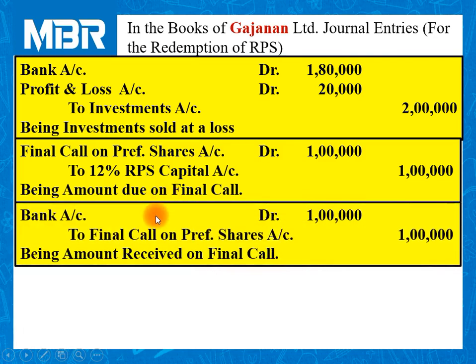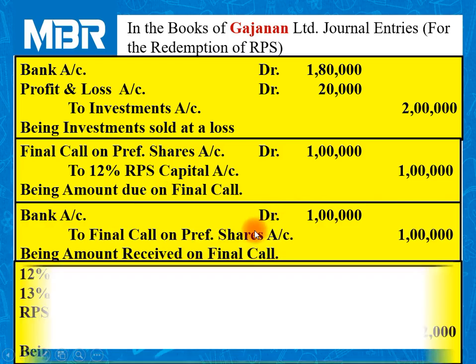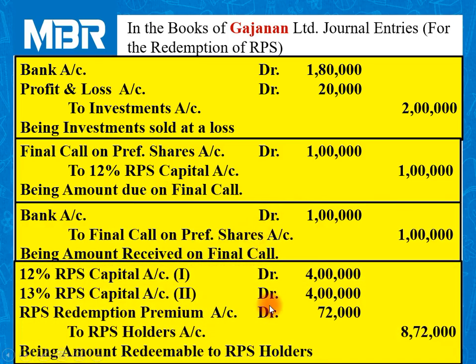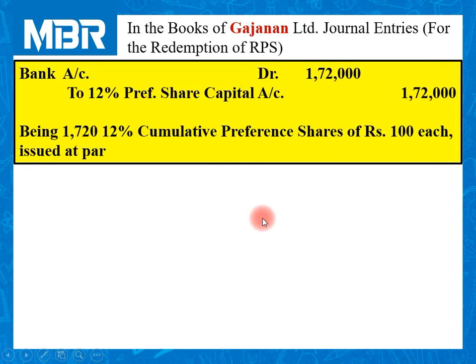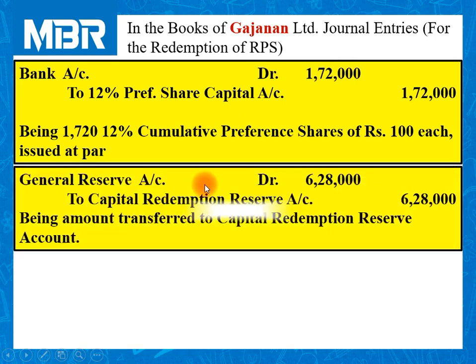Then we have received amount on partly paid RPS. Then amount payable to RPS holders along with premium. Number of new preference shares issued by the company in order to fulfill the requirement. Amount transferred to general reserve account